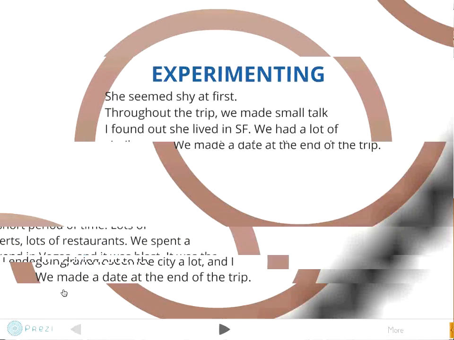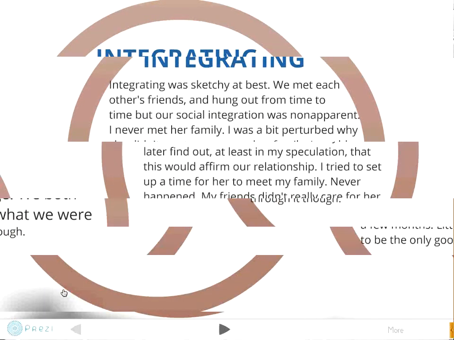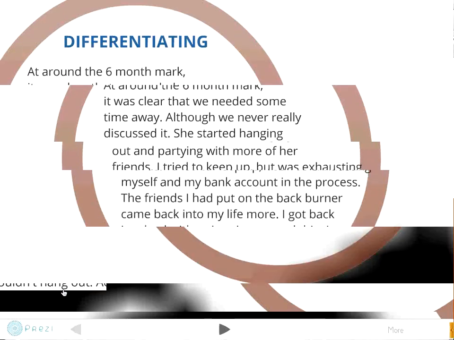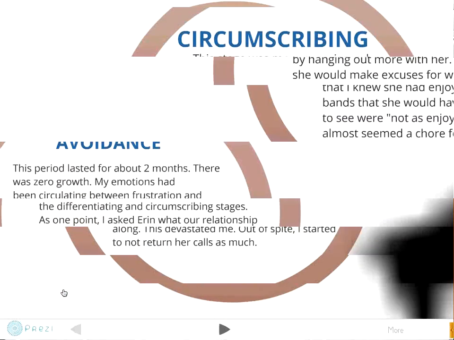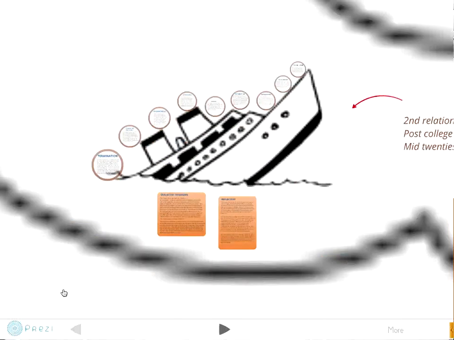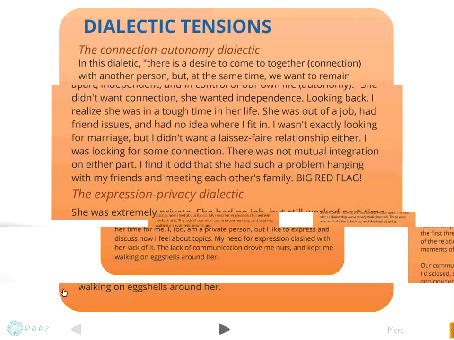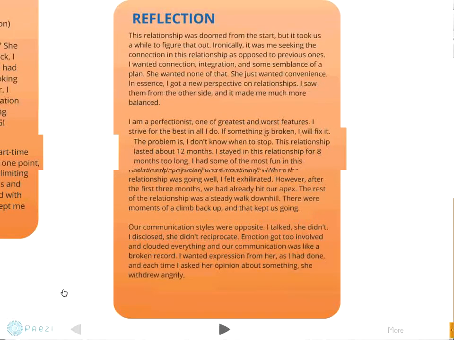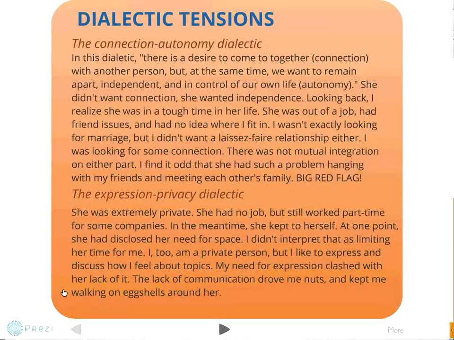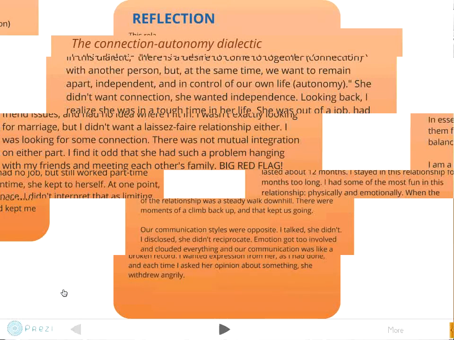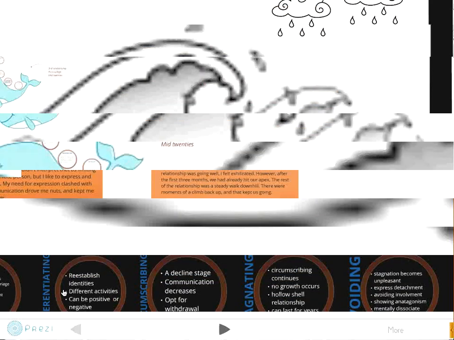Then he goes to his second relationship. And we don't know what this is, but we see it's all downhill. And when we're done with it, we see his discussion of the tension. And, by the way, they have to find one dialectical tension in the relationship, and he's done 2. Right? And this was not a student who beforehand had done some great stellar work. And then the final relationship.